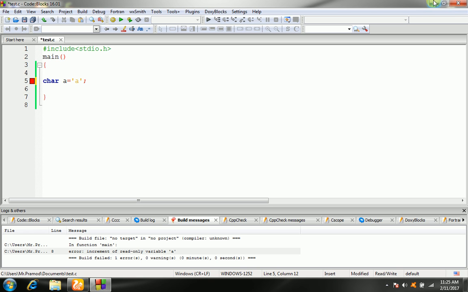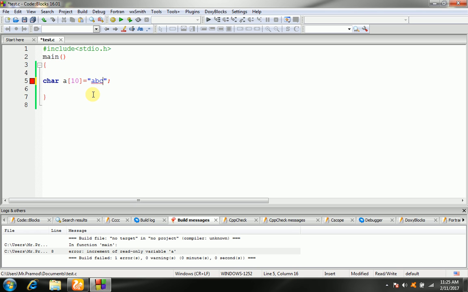Another one is string literals. String literals or constants are enclosed in double quotes, just like this: A, B, C. This is known as a string literal, but here we assign an array to this variable.